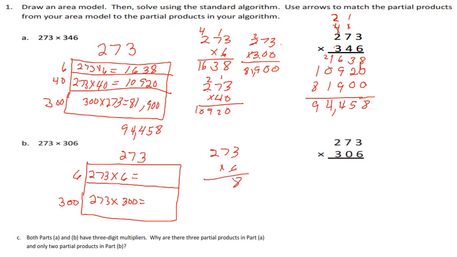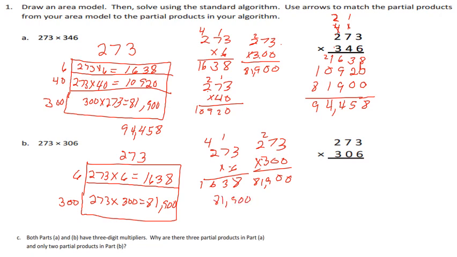So now 273 times 6. 6 times 3 is 18, carry 1. 6 times 7 is 42, and 1 is 43. Carry our 4. 2 times 6 is 12, and 4 is 16. So we ended up with 1638. Our next one is 273 times 300. We have two placeholders. 3 times 3 is 9. 3 times 7 is 21. 3 times 2 is 6, and 2 is 8. 81,900. We add these up, I have 81,900 and